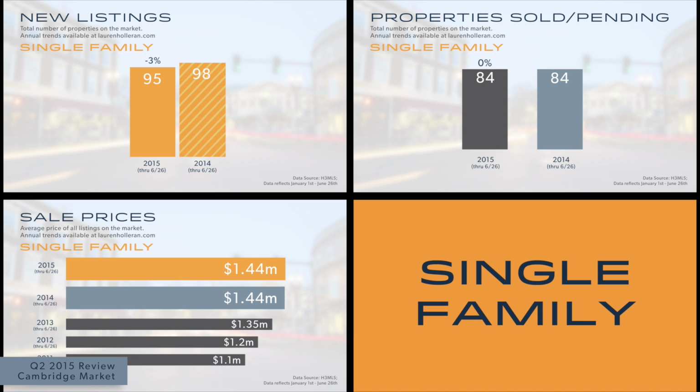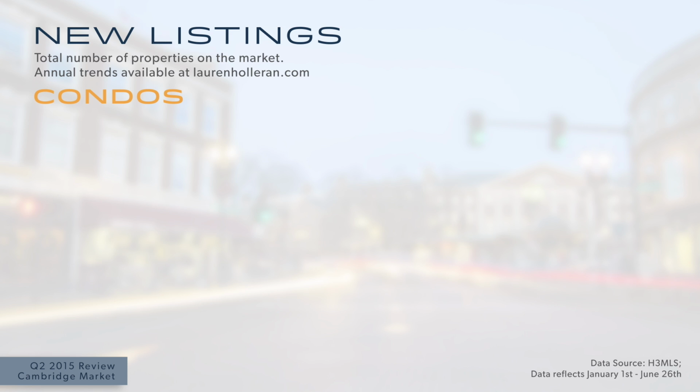I think the takeaway is that it's pretty steady. We're seeing a similar number of new listings on the market, a pretty similar number of sales, and the average price has pretty much plateaued. Now, taking a look at condos, if we look at the overall volume, how many properties have come on the market